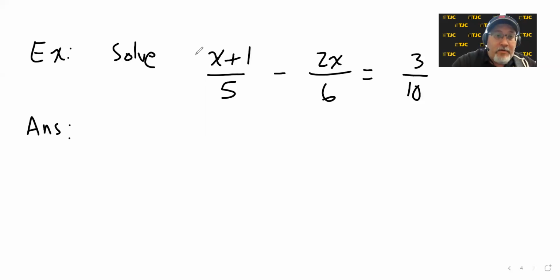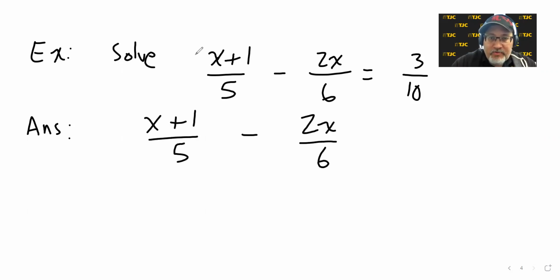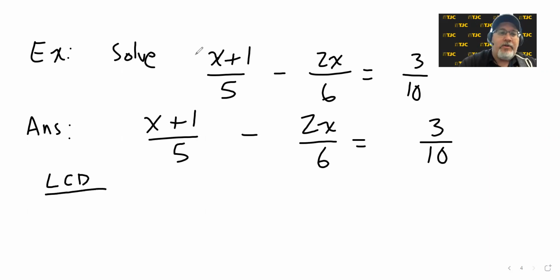Now, there is a way to locate the least common denominator for a group of numbers, and it can be adapted to things that have more than just numbers. But without making a whole new video on how to find the least common denominator, here's how it goes. You take each denominator separately,